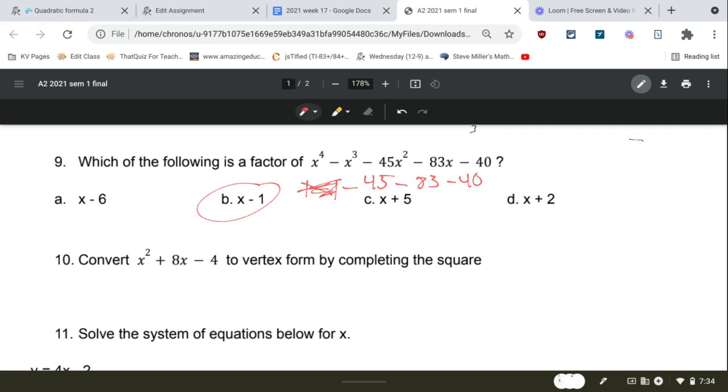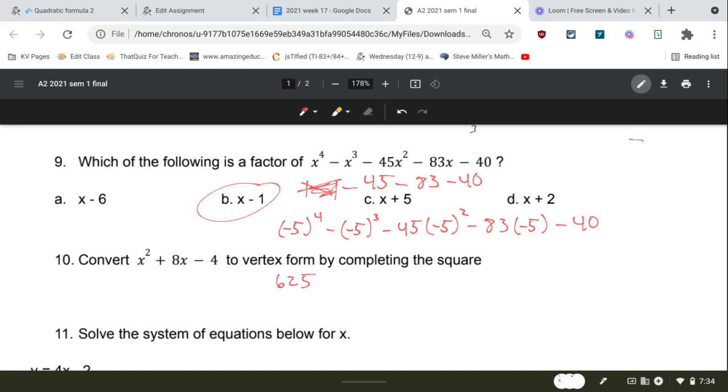For option C, I'm going to have to plug in -5 for all those x's. So it's going to be -5 to the 4th power minus -5 to the 3rd power minus 45 times -5 to the 2nd minus 83 times -5 minus 40. Okay? And then we'll go through and figure out what all these numbers come out to. Geez. -5 to the 4th, that is